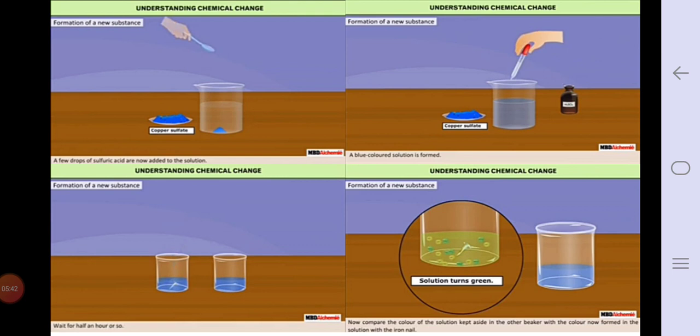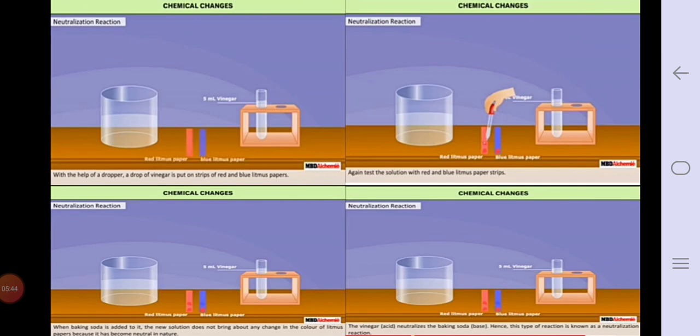Now we can see another activity which is given in your textbook, activity 6.8. See in the picture, take about a teaspoon of vinegar in a test tube. Add a pinch of baking soda to it. You would hear a hissing sound and see bubbles of the gas coming out. We are not showing a video, so from the picture you will understand, or you just imagine the hissing sound or bubbles coming out.